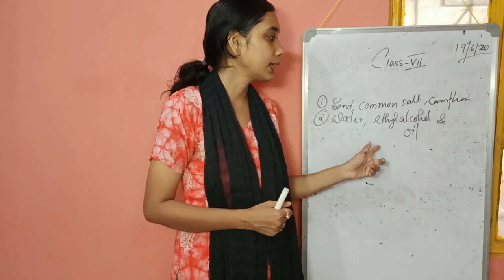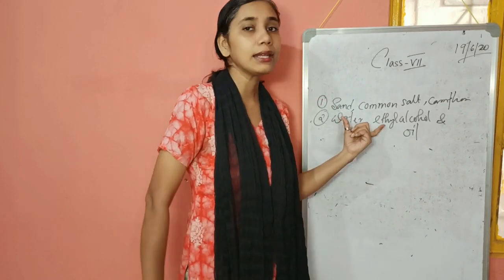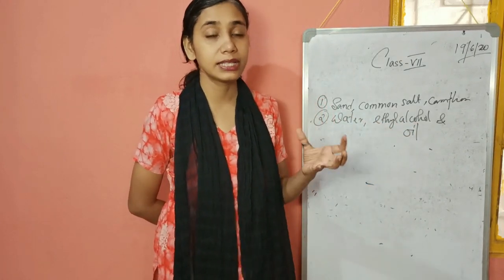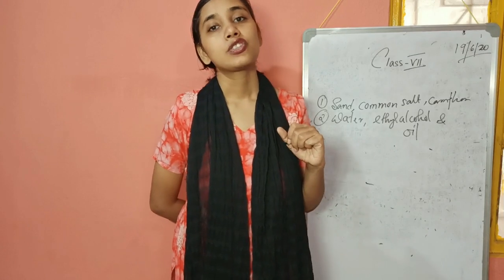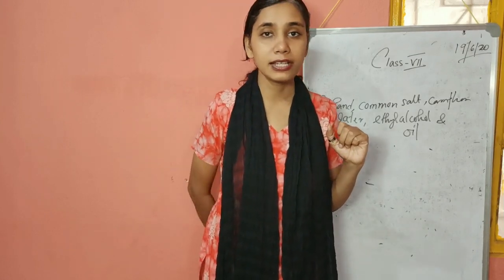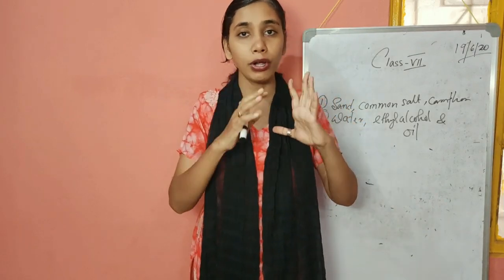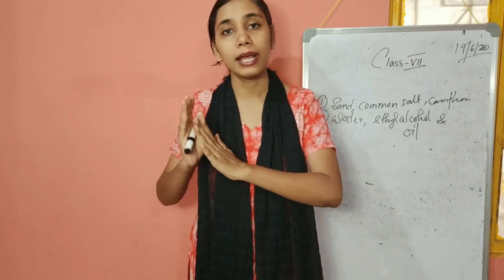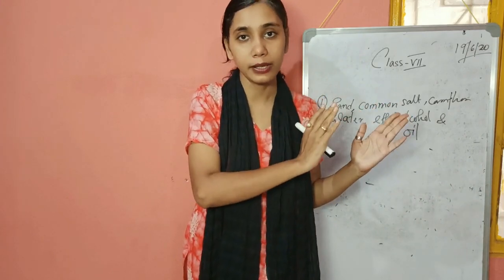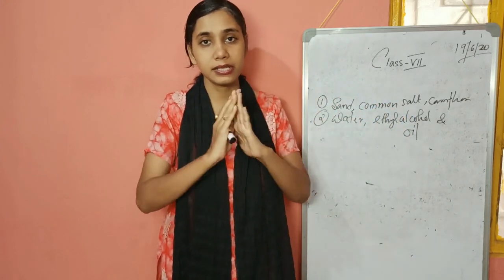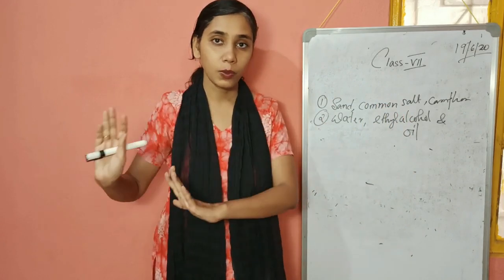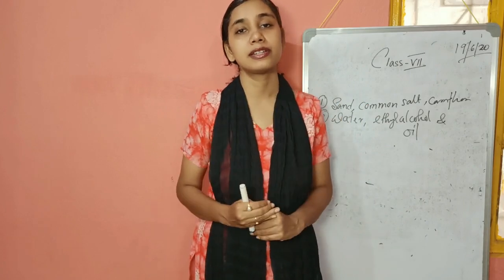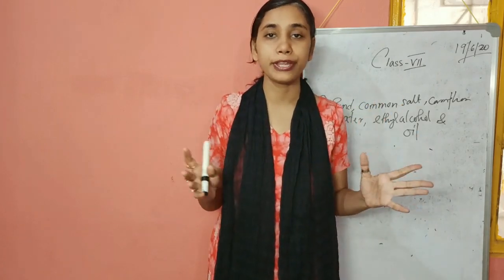Second is water, ethyl alcohol and oil. Water and ethyl alcohol are miscible with each other. Oil generally does not get mixed with them. Oil makes a layer over there. So initially we use a separating funnel. Once we use the separating funnel, there will be two layers: one layer only oil, another layer ethyl alcohol and water. So after separating these two layers, we have the oil. Once we have got the oil, then for water and ethyl alcohol we can go for fractional distillation to obtain both of them separately.